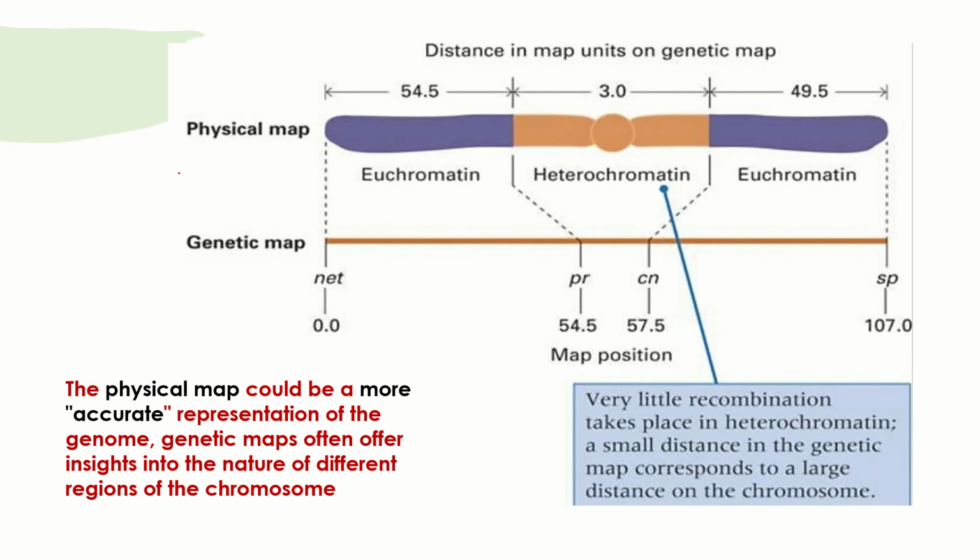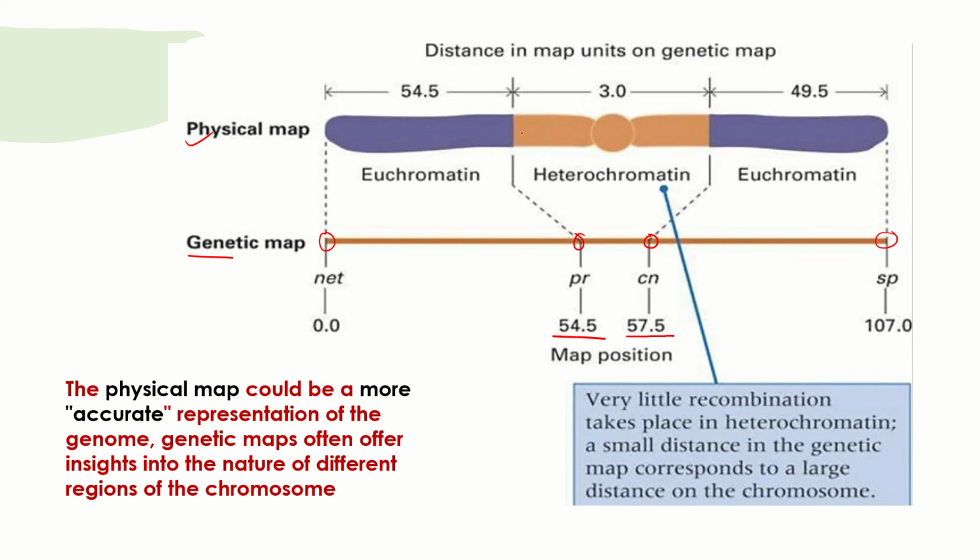Now, why do we say that physical maps are better as compared to the genetic maps? For example, say we identified in the genetic marker map these markers NET, PR, CN, and SP. Now you look at their frequencies. This is giving you 54.5 and 57.5. Okay, the real distance between them, when we find out in the physical map, the distance between them